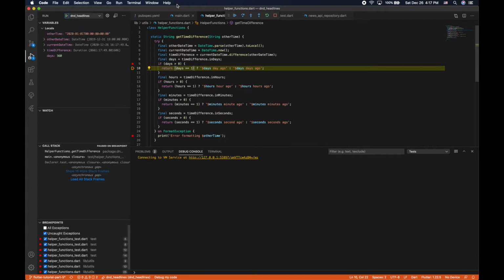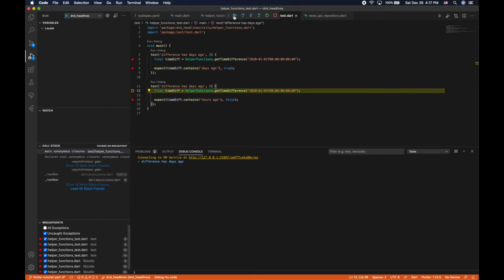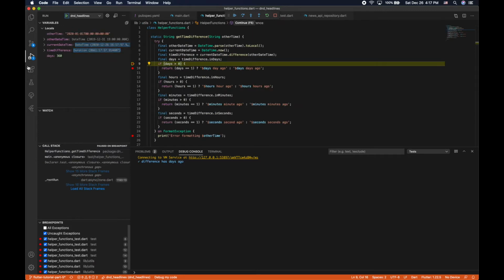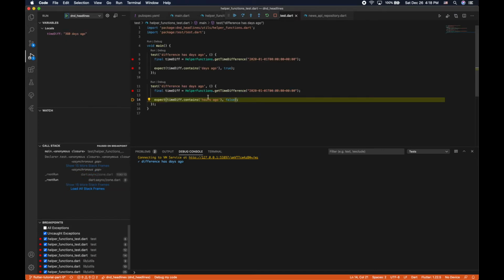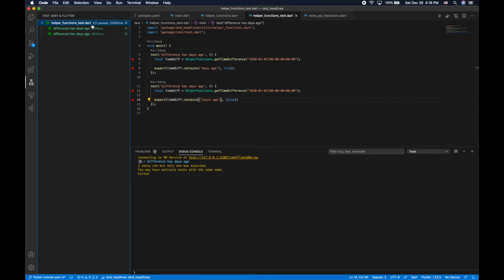Okay, so that was the first test that was run. And then notice that the days is still 360. So we were expecting hours ago, right? We're asserting against that, but considering that it's the same value for this instance, it'll return false. Test results, 2 out of 2 passed. Cool. All right, so we should probably rename this to something like difference does not